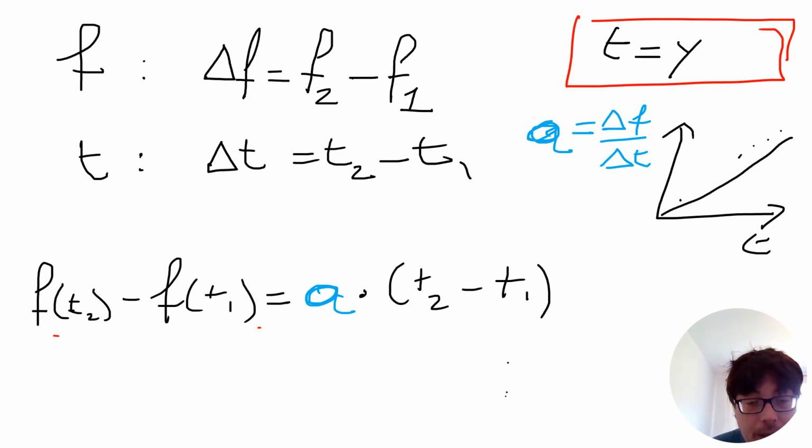So we can see that f of t2, okay, we need to know a little bit more. We need to know at least the value of the function f in t0, but in this case it's easy because we can start with t1 equals 0, and since this line starts from 0, we know we can